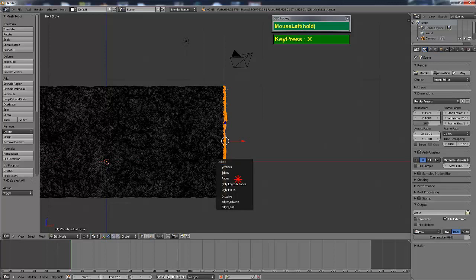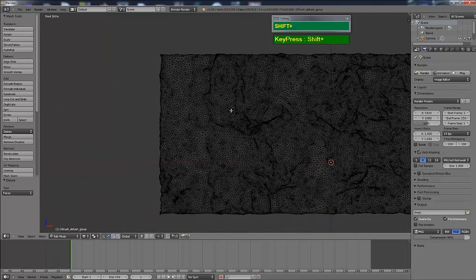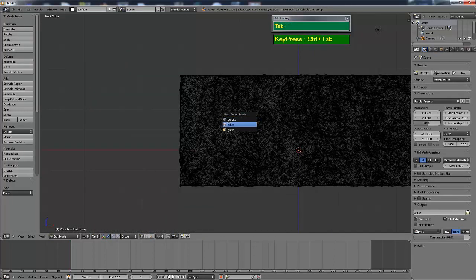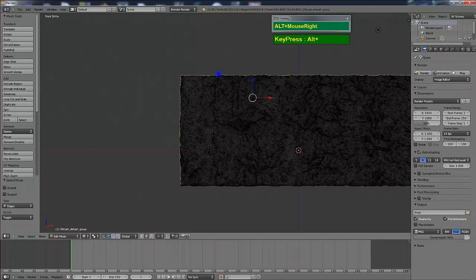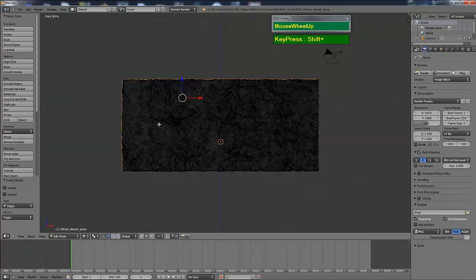Delete away the faces. Okay, so that worked. And now I'm going to edge mode to make sure that I have a selectable continuous edge that runs on either side. So this one goes up to here and here, that's fine. Then I'm going to try again, holding down the Alt, right mouse click. This one goes from here to here, that is fine.